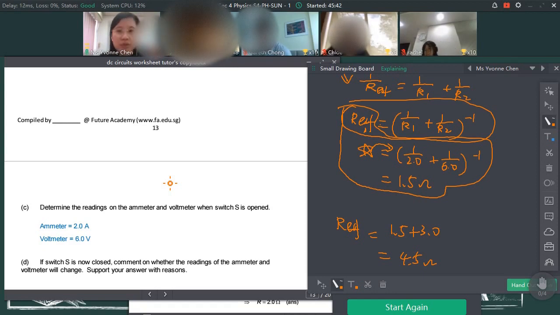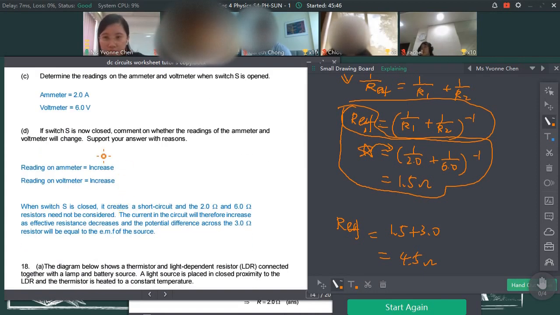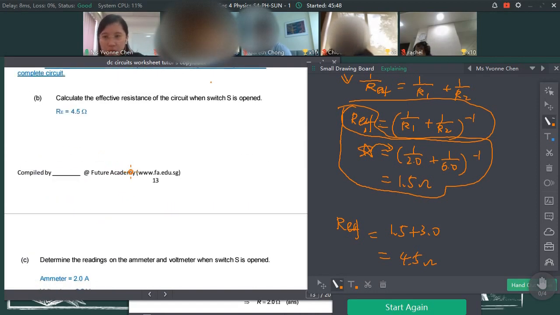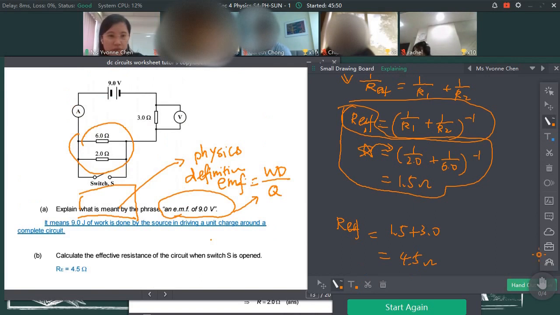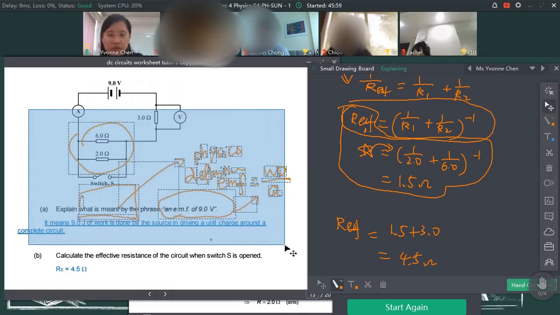Anyone want me to go through this part? If okay, then I'll continue. Okay, so then we talk about when the switch is closed. Okay, class, when the switch is closed,